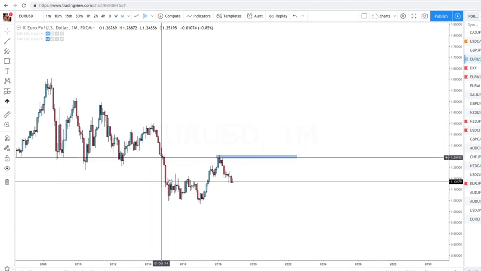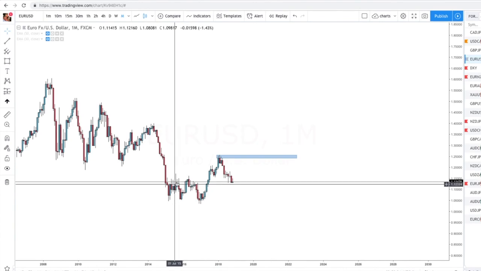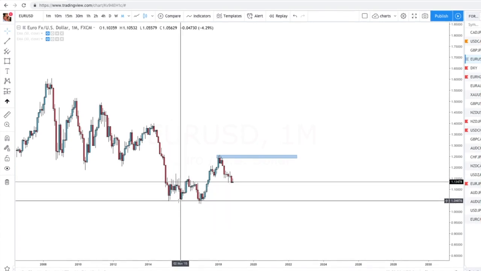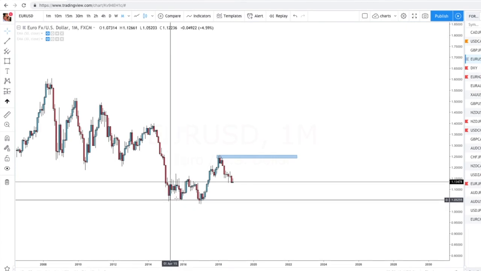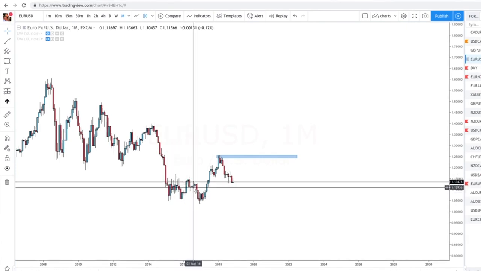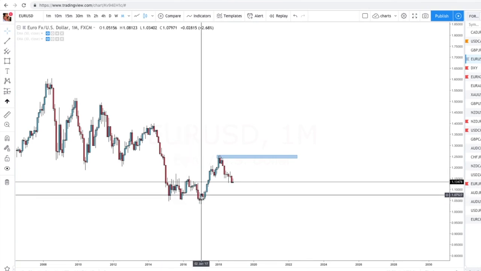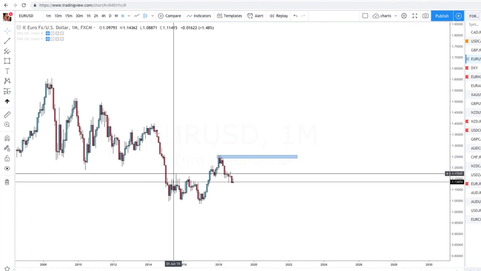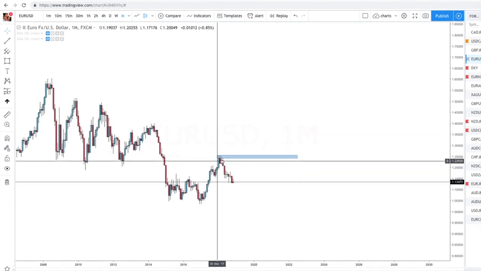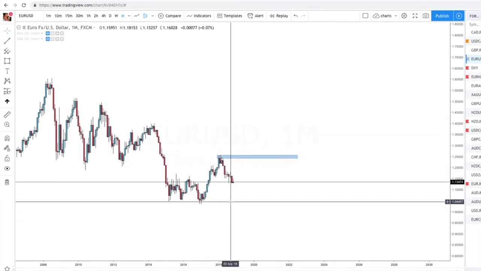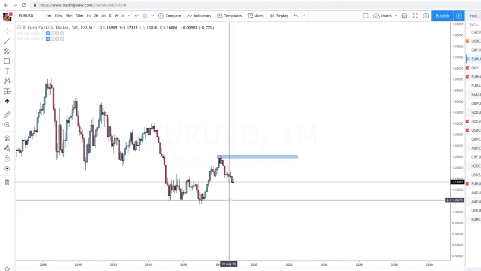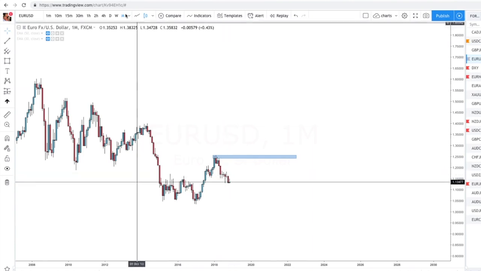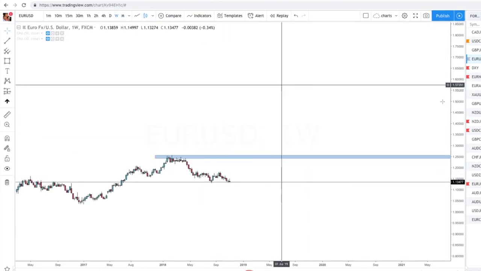So price was in a downtrend, kind of had some consolidation for a bit, then tried to come back down, tested support, went up, came back down, tested support again, went back up, made a pullback, but we're still in a downtrend on the monthly. And now I think we will try and hit this level eventually, because we have a nice bearish close right here. So then going on the weekly,